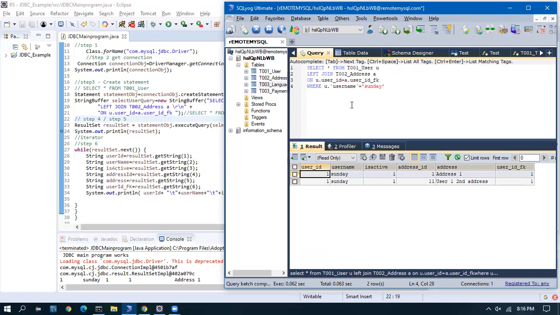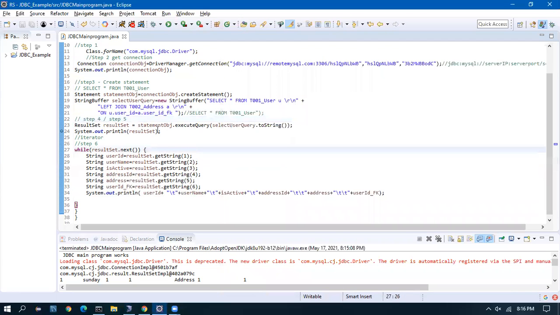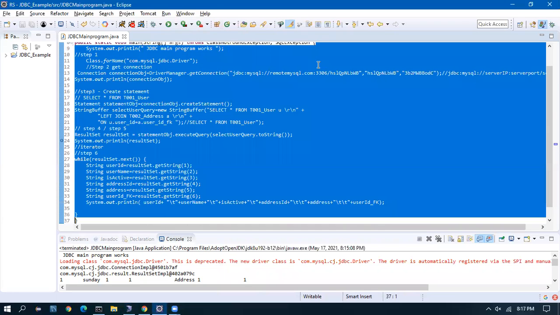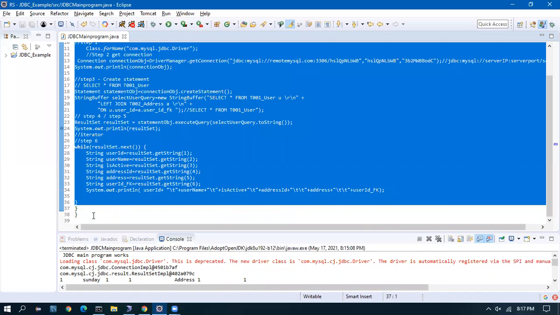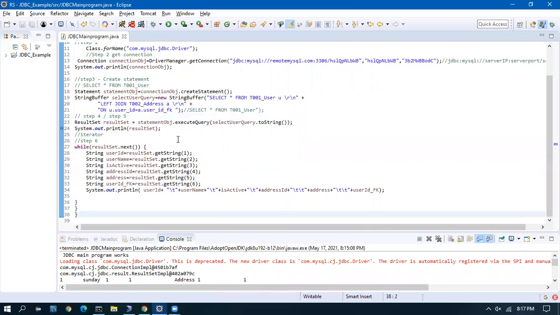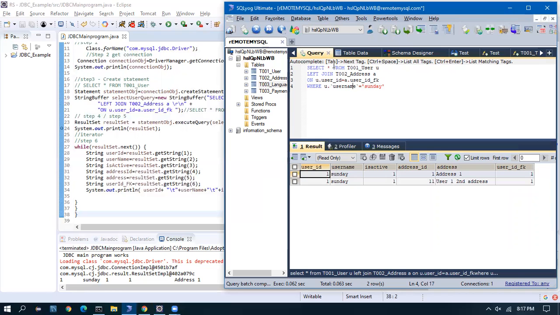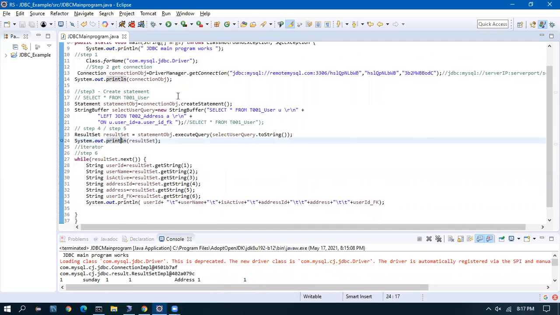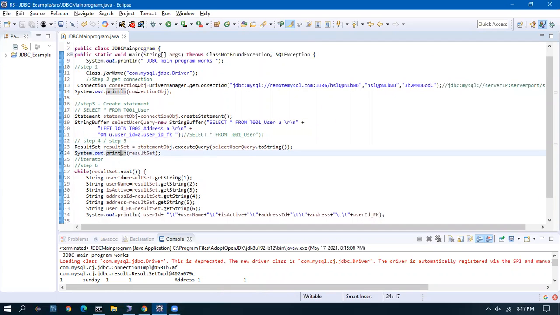Now with Sunday, I'm getting 2 results only. Now the Sunday, I want to pass it from the Java program. That means we are passing for Sunday some values and we are going to retrieve only using Java. Correct. From the Java, we will pass the value. So basically this query, I want to execute from the Java, but this value also I want to pass from the Java. For that, we have a different way of doing, that is called prepared statement.